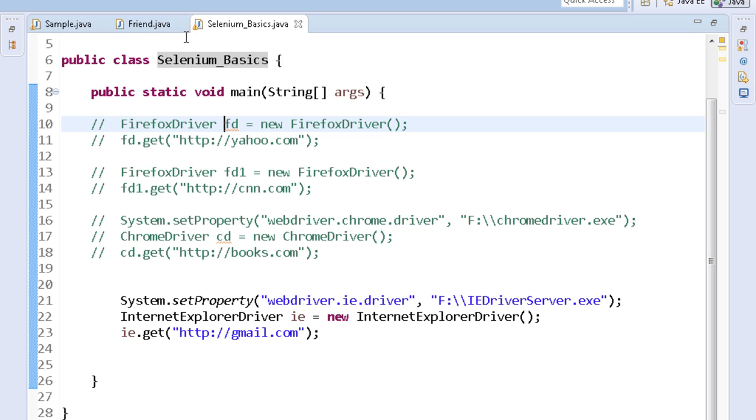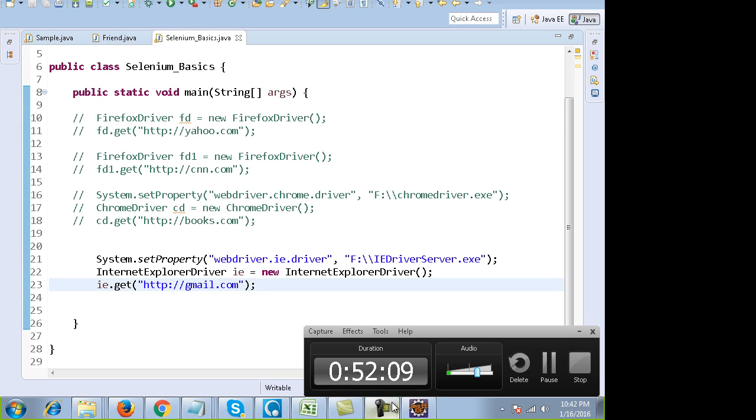So these are the three commonly used browsers. Apart from that, we have Opera driver, which is for Opera, and Safari driver. Both of them are unstable. They give issues. A lot of things don't work on Safari. For example, on both the browsers, managing pop-ups and different windows becomes really tough. But with Firefox and Chrome it's quite easy. All these drivers you can manage very easily. Now, let's do one